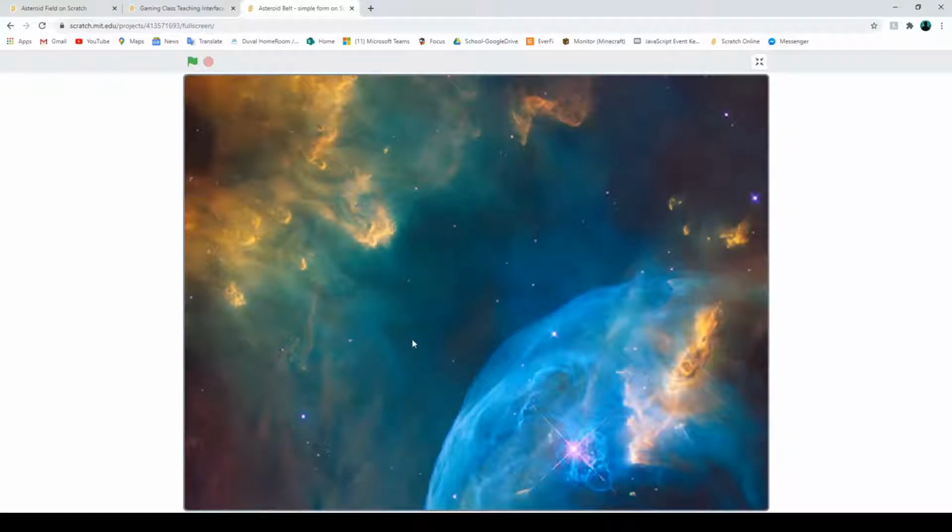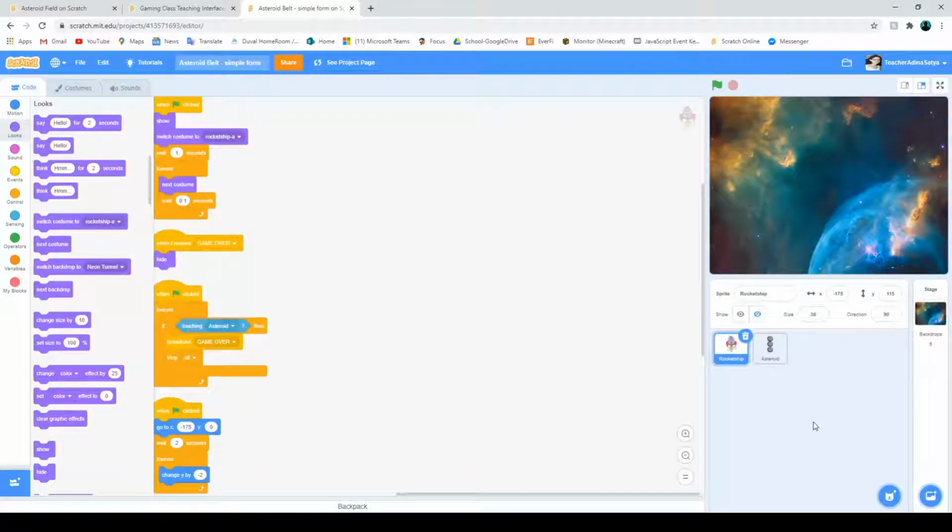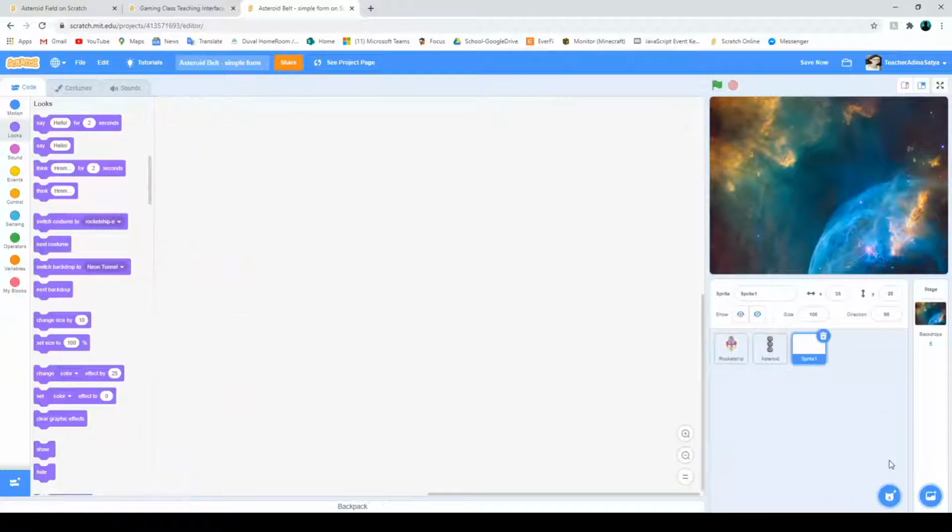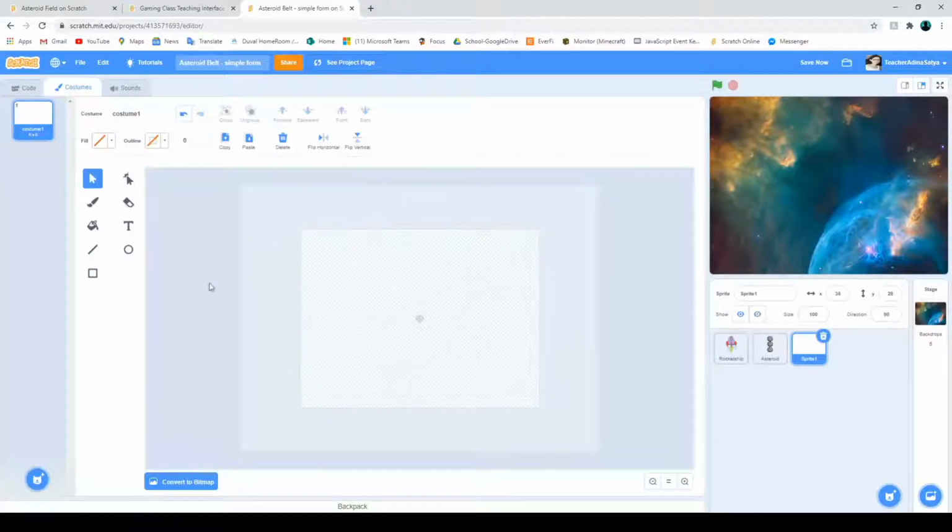We are still missing something. We would like a message, a printed message, a text to appear on the screen saying game over. You know, the big red text message is a game over. So that's what we are going to do next. I'm going to create a new sprite for that. So we choose again the paintbrush, and it's going to be just a text one. We insert the text